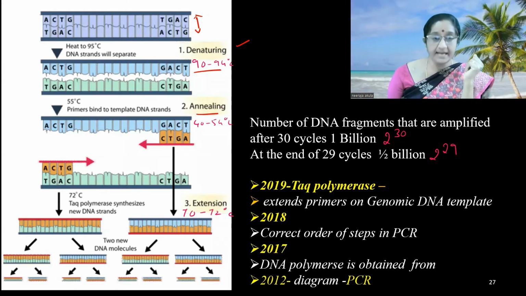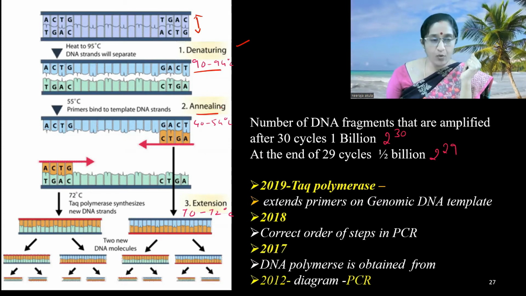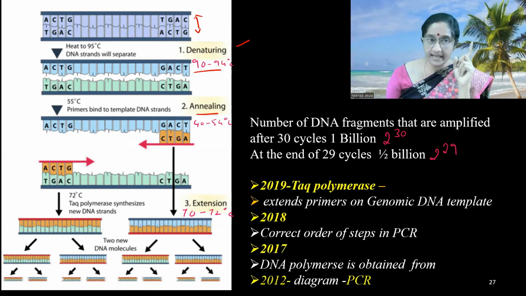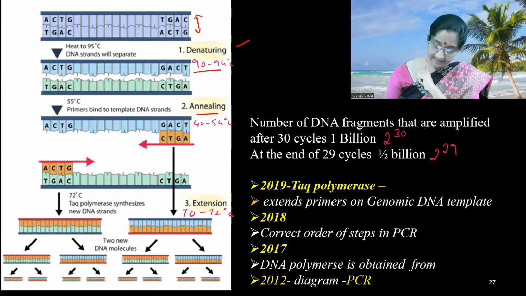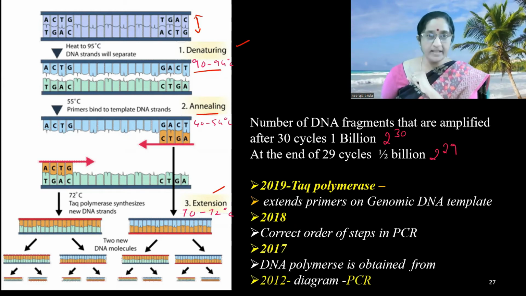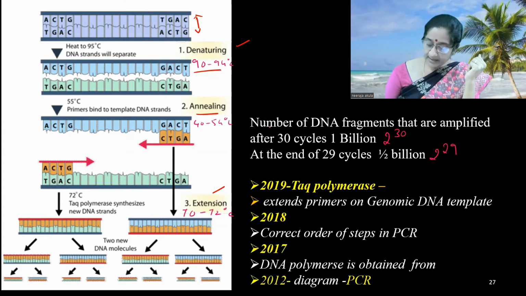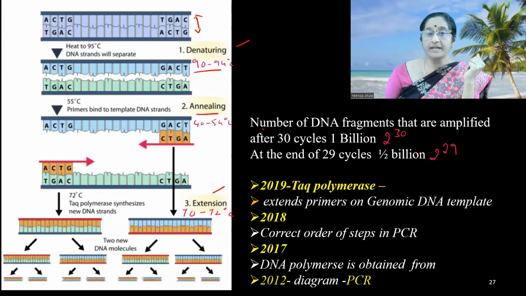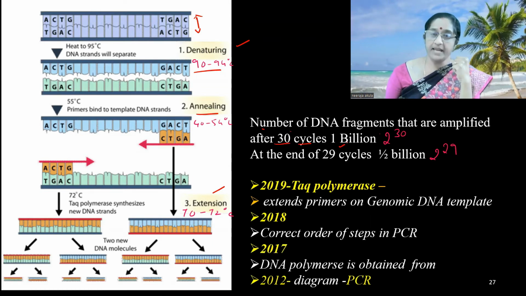And the next step is annealing. The primers go and attach to the 3' end of the DNA strand. Next step is extension, where the adding of dNTPs will occur during the process of extension. And then the number of DNA fragments that are amplified after 30 cycles is 1 billion,